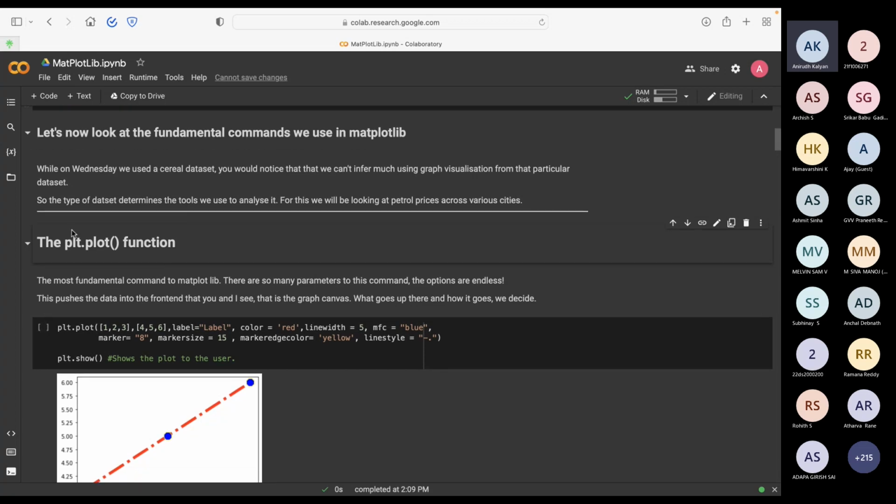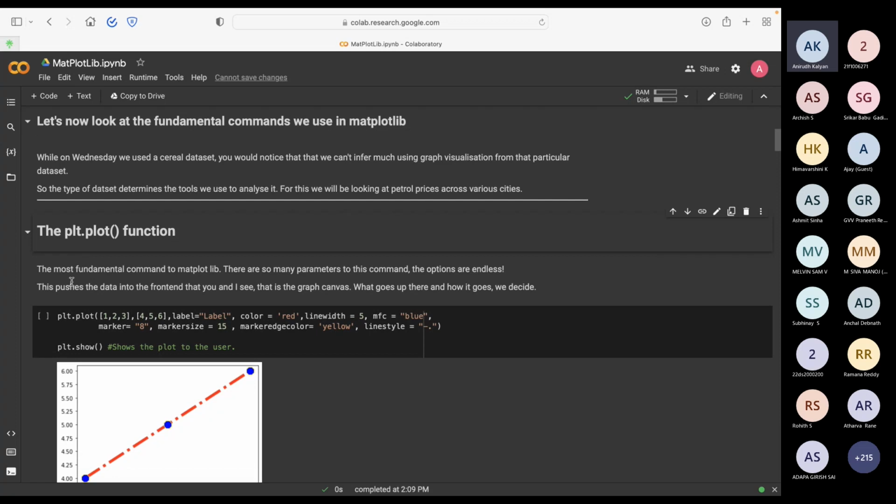But yeah, the plt is the unspoken way of using this. Anyways, the most fundamental command in the Matplotlib library. There are so many parameters to the commands that there are almost endless options. So plt.plot, by the way, is the command which will basically plot the graph that you tell it to